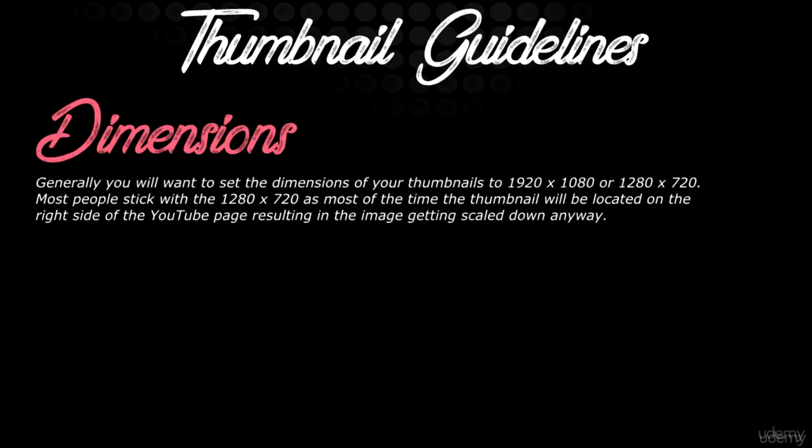Most people opt for 1280 by 720 solely because they can fit lower resolution images and make them actually look good in those 1280 by 720s as opposed to 1920 by 1080s. Once you move up to the higher resolutions, you're going to have to scale those images bigger and bigger, and they will lose their quality. Not just this specifically, but most of the time your thumbnails are going to be located on the right side of YouTube. They're not going to be scaled up too much unless somebody's watching it on a big screen TV